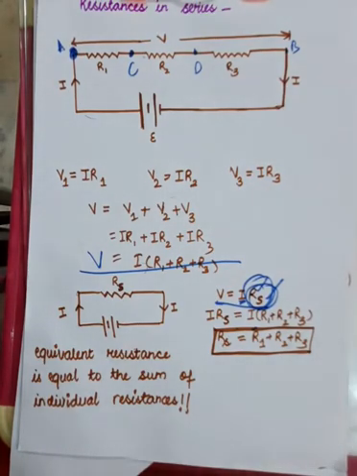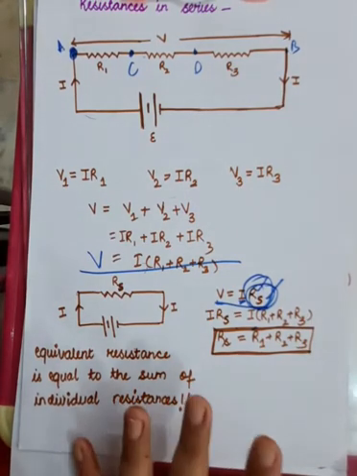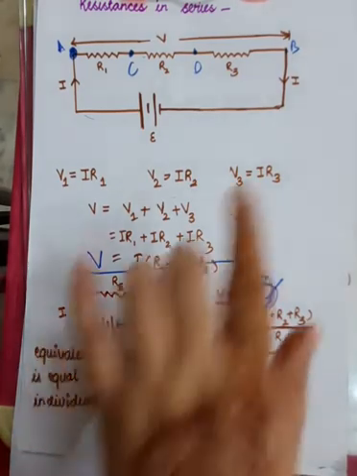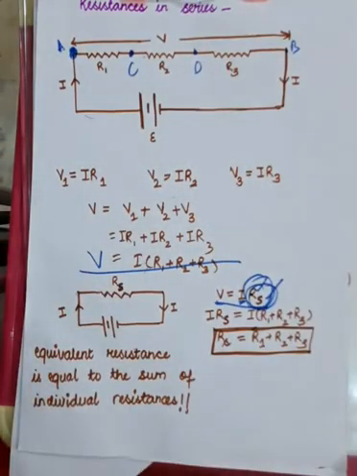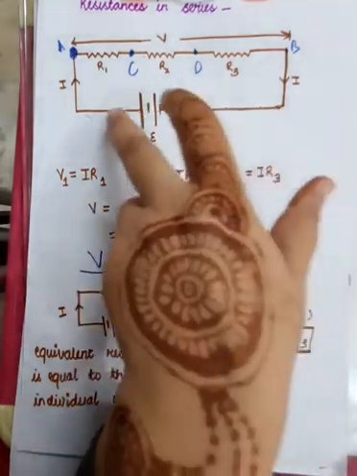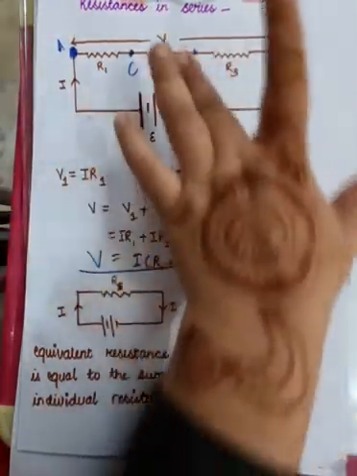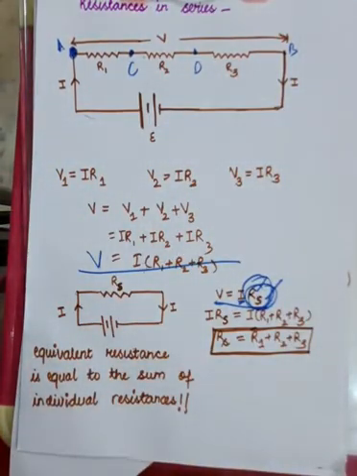But in a series resistor circuit, you must remember a few things. First of all, the current is the same in every resistor, because there is only one path along which the current can travel, and charge can neither be created nor be destroyed. So if q amount of charge is going from here, q amount is going to enter here, right? So the current is the same in every resistor.